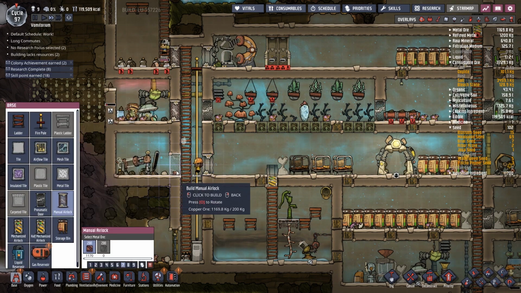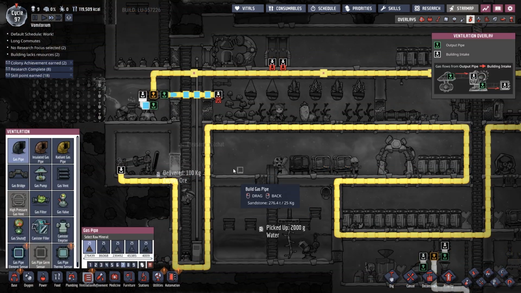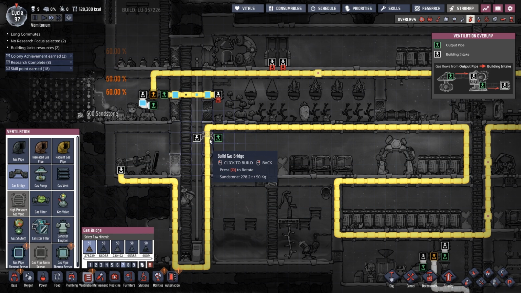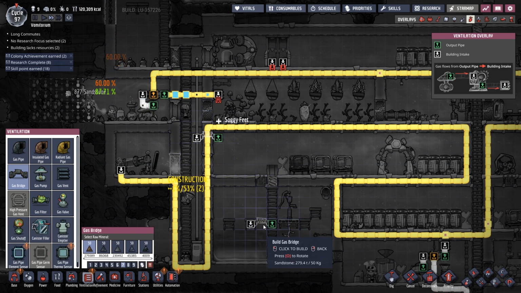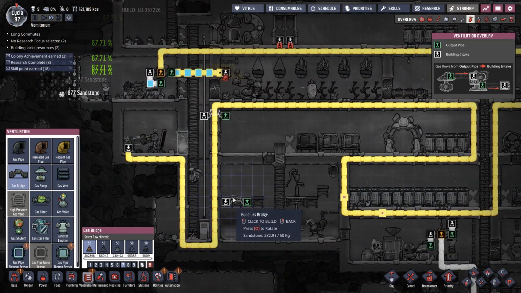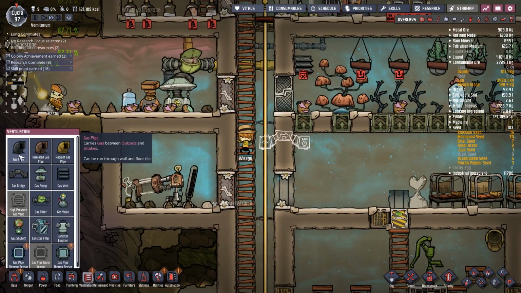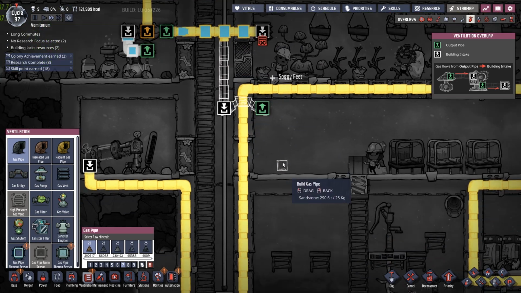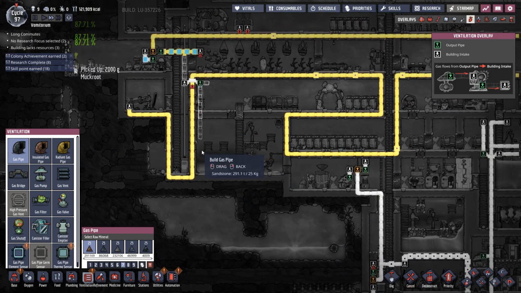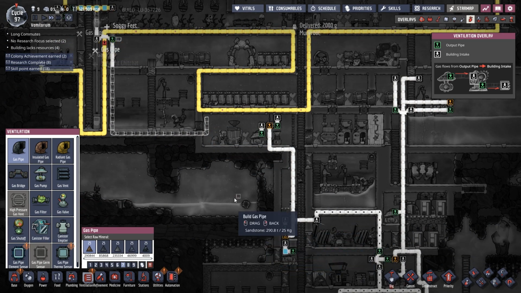It wouldn't let me put it down there. Okay, manual airlock. What we might want to do is have a secondary oxygen output, because it looks like we're having some trouble with oxygen output. So what I think I'm gonna do is